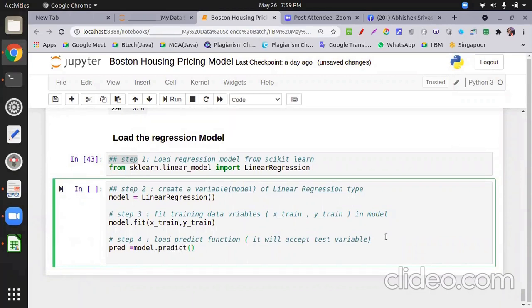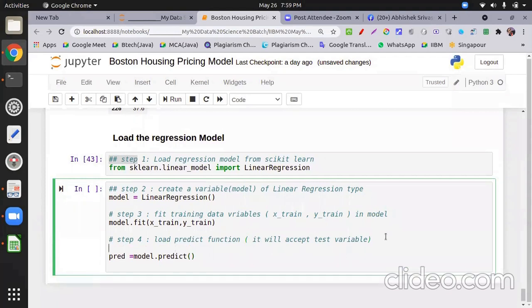Okay, so here what I am passing is x test, because it's an input variable. Corresponding to it I got the predicted variable, and with that we have to compare.